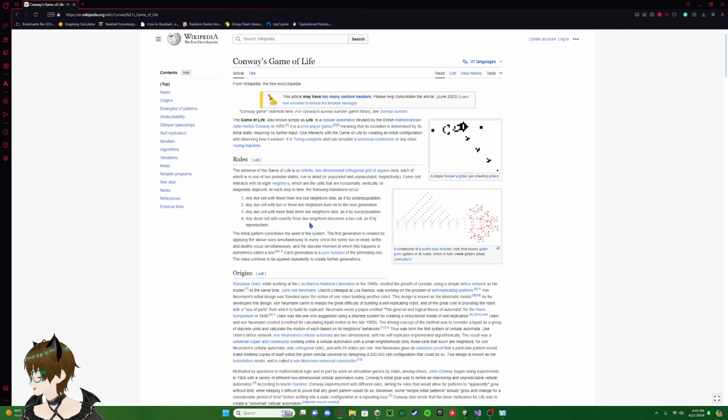So any live cell with fewer than 2 neighbors dies. The live cell with 2 or 3 stays alive. Any live cell with more than 3 live neighbors dies, as if by overpopulation. Any dead cell with exactly 3 live neighbors becomes a live cell, as if by reproduction. So what I have here